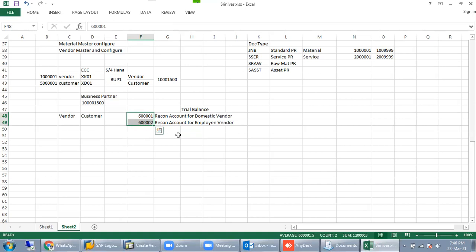See, Srinivas, I just tell you one thing. Suppose you do not have a basic knowledge of FI, what FI will do, what the jobs of FI are. Suppose you are going to do implementation in a company.